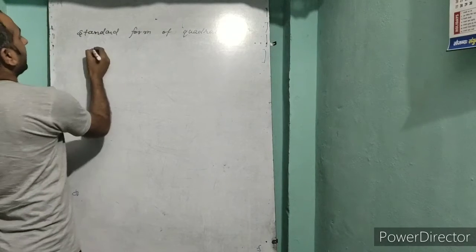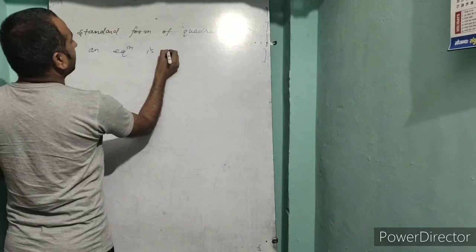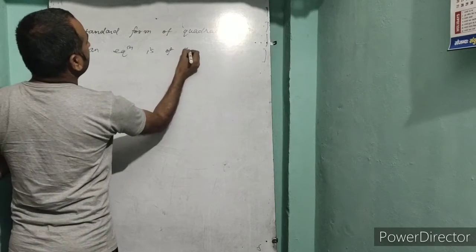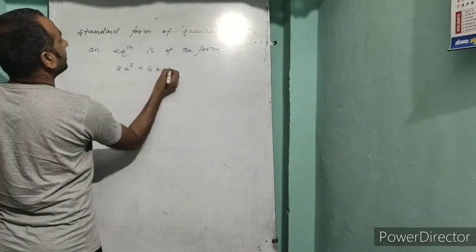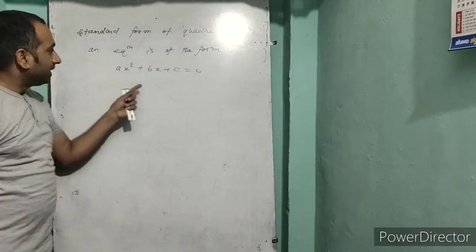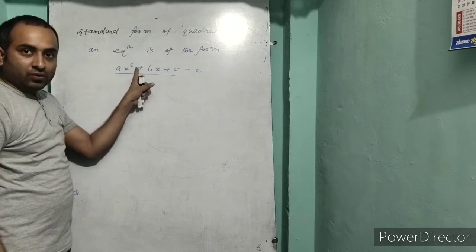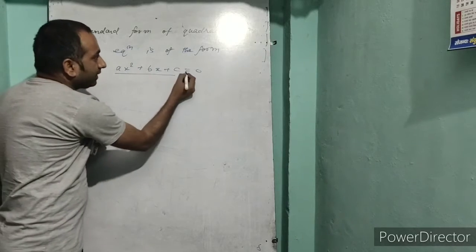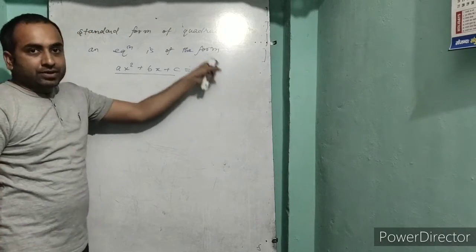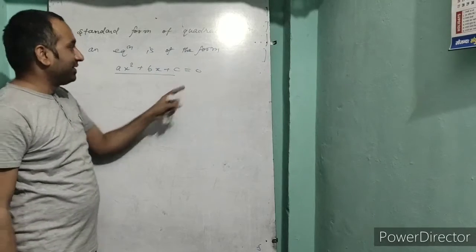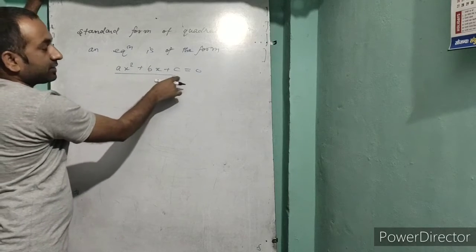See here, an equation of the form ax square plus bx plus c = 0. It is a polynomial in x, and what is the degree of this polynomial? It's 2. So this is the quadratic polynomial, and if we apply equality, this will give you the quadratic equation. It's not an inequation, it is an equation. So the standard form of the quadratic equation is ax square plus bx plus c = 0,